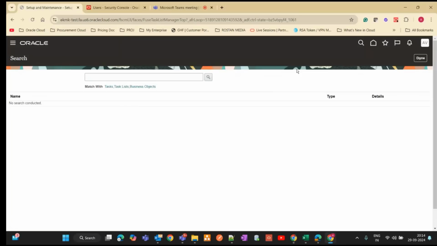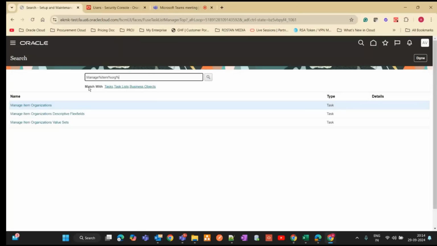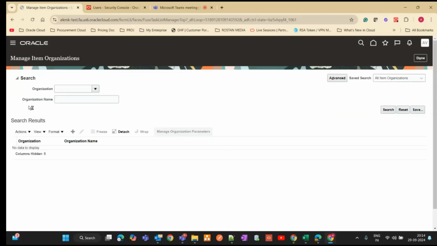It means all the tasks are globally available, and you can easily access them from this UI search. Okay, so manage item org percent. If you search with that, it automatically comes up as Manage Item Organization. So let's click that. If you click on plus,